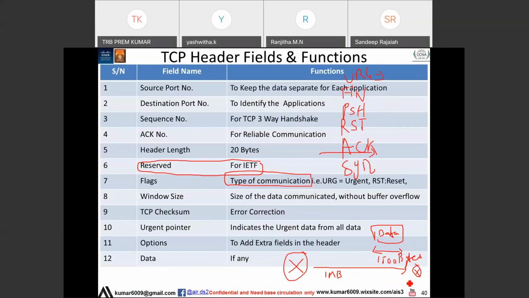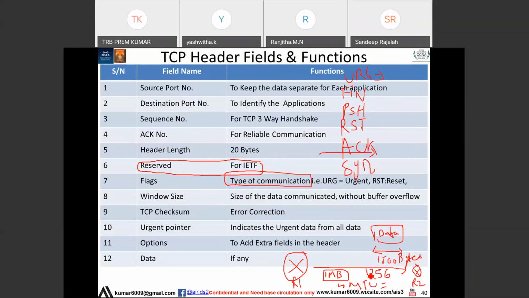Understand? So this data size is called MTU, maximum transmission unit. MTU is maximum transmission unit. Understand this? So the bigger router is giving a bigger MTU, but the smaller router is not able to handle that much data because its RAM is very small. For example, RAM is only 512 KB. So the smaller router will say, my MTU is only 256.